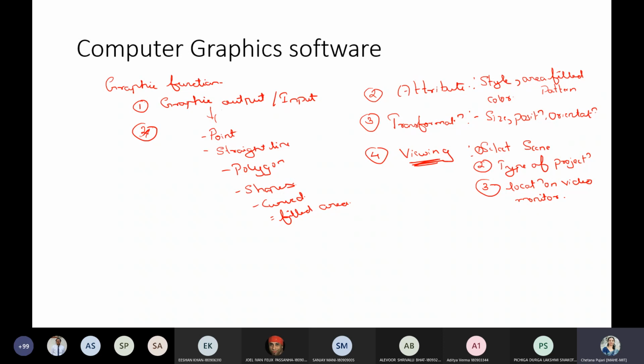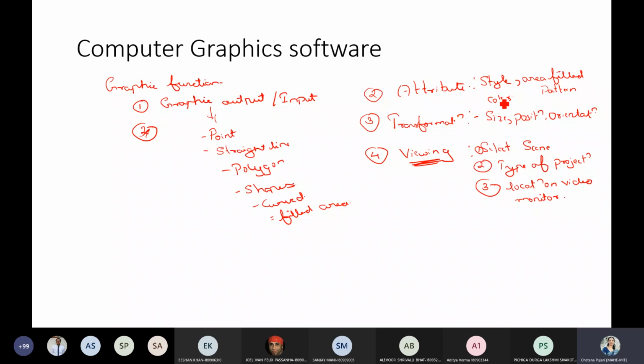You want to design a cube, a curved surface, or a filled area, and then place something on top of that. You can make use of basic geometrical shapes to design a view. And then you can specify a property for each shape by making use of the proper attributes.